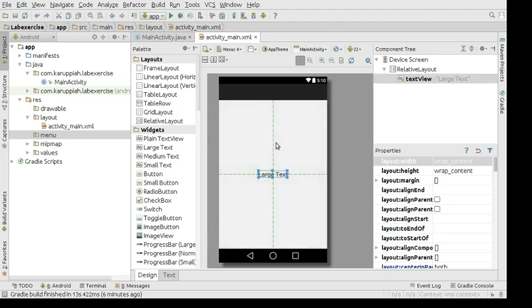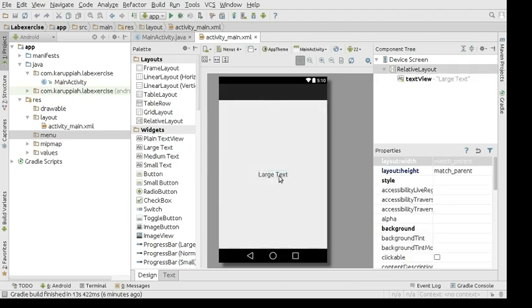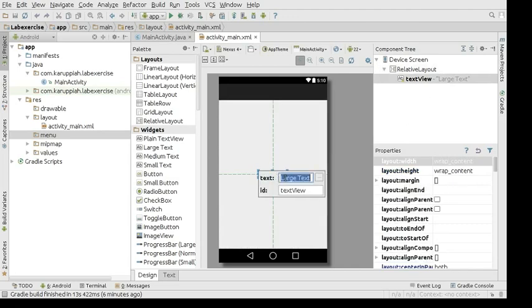So now how do you actually change the text of this large text over here? You can double click, you can remove this text, and you can specify an ID over here. You can use a very good notation over here. I would like to share that with you. Many coders use it.